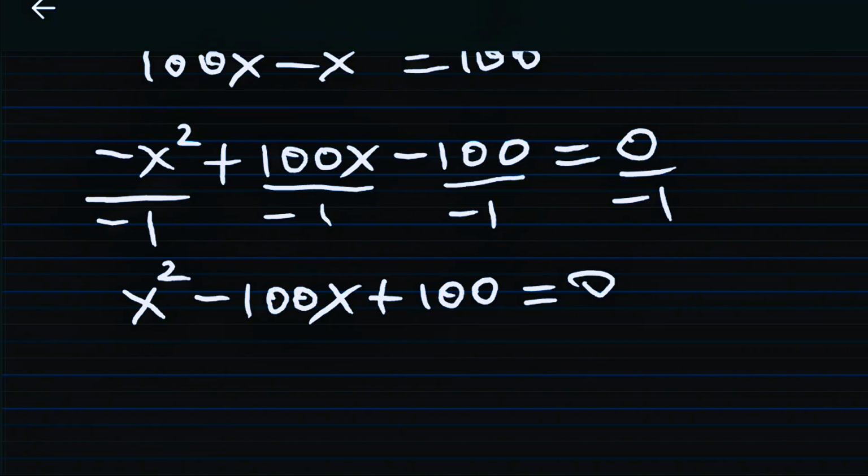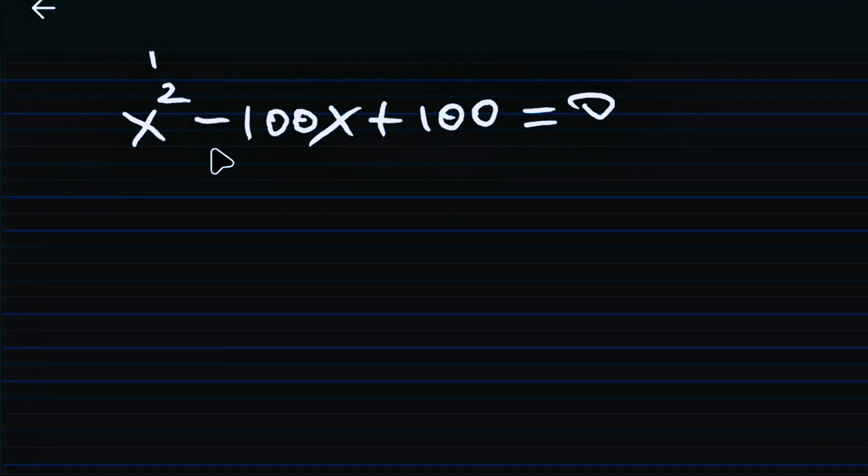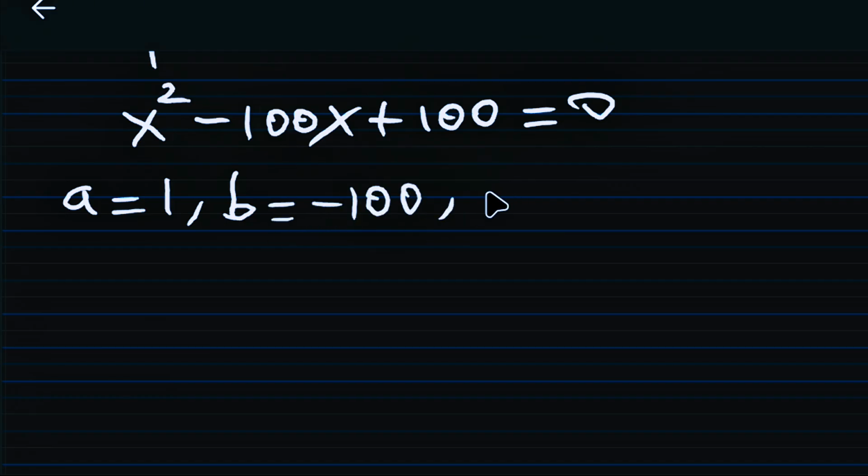Now looking at this, you can see that we have a quadratic equation, and we'll be solving it using the quadratic formula. But before then, let's note that a equals the coefficient of this x squared, which is positive 1, b equals the coefficient of this x, which is negative 100,